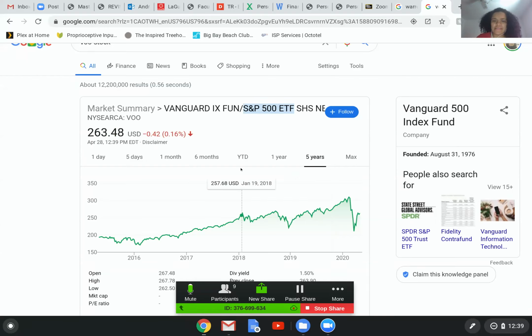I'm invested in this just because, at some point, having a day job and having a kid and everything, I don't have the bandwidth to be studying individual stocks all the time, or otherwise I have to pay for a paid service to do that. So I just went with Vanguard because their fees are really low compared to some of the other funds, and it should be low because they're not really doing anything. They're just tracking the S&P 500 index.